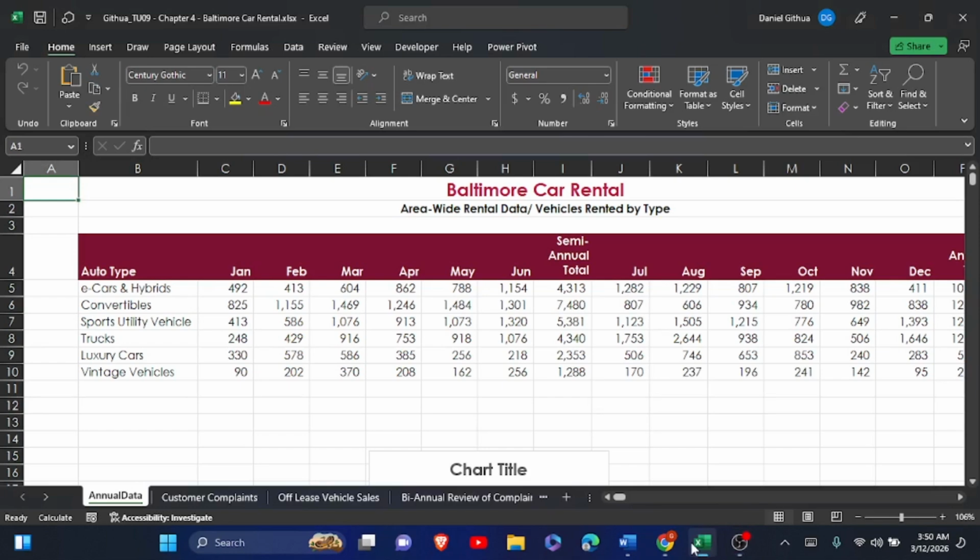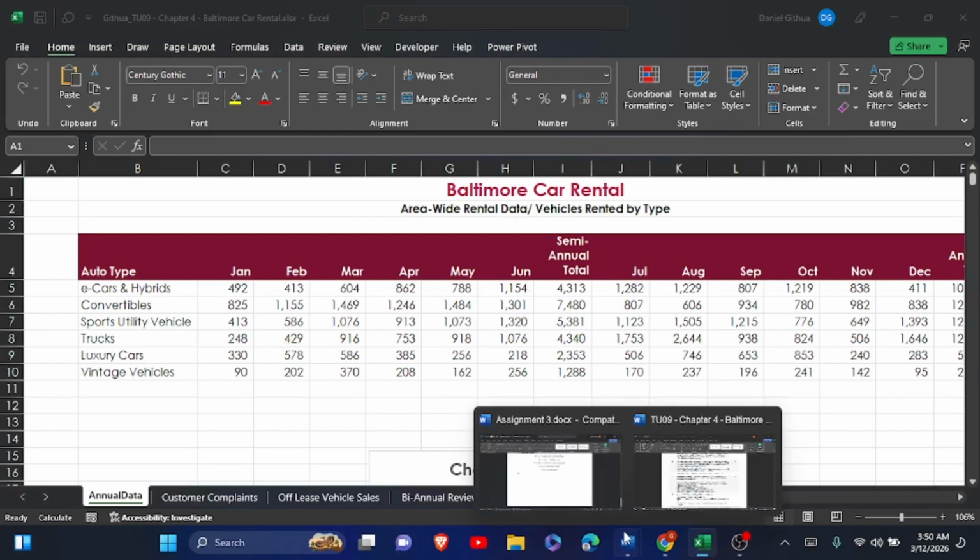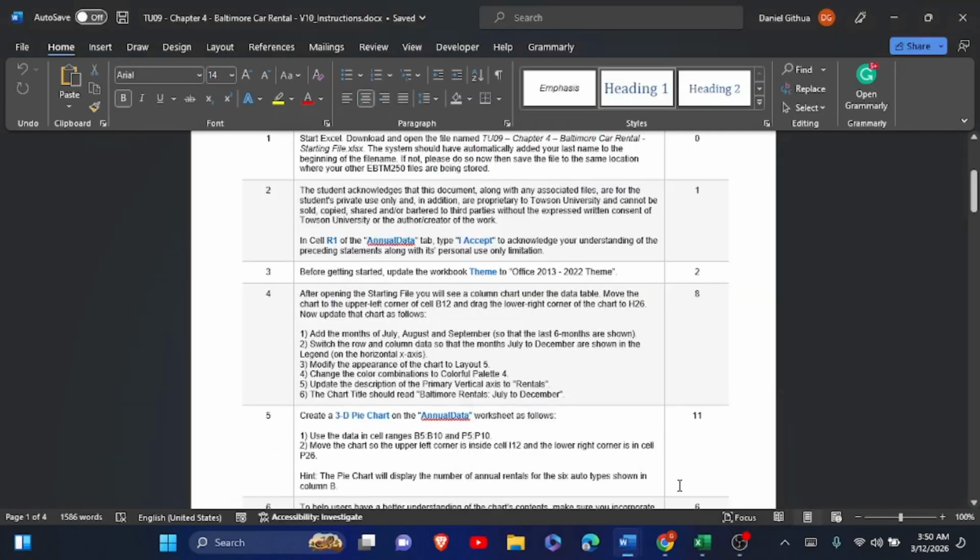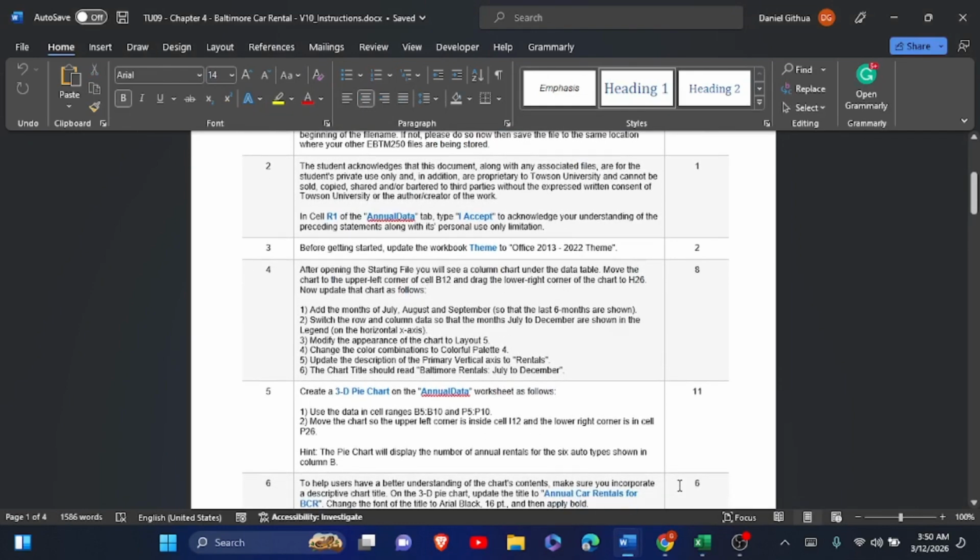Hello, today we're going to do the Baltimore Car Rentals, which is chapter 4. We're going to do all the steps, and when you follow closely, you must get 100 or above 90%. So the first thing it says, we go to cell L1 of the annual data, and you are going